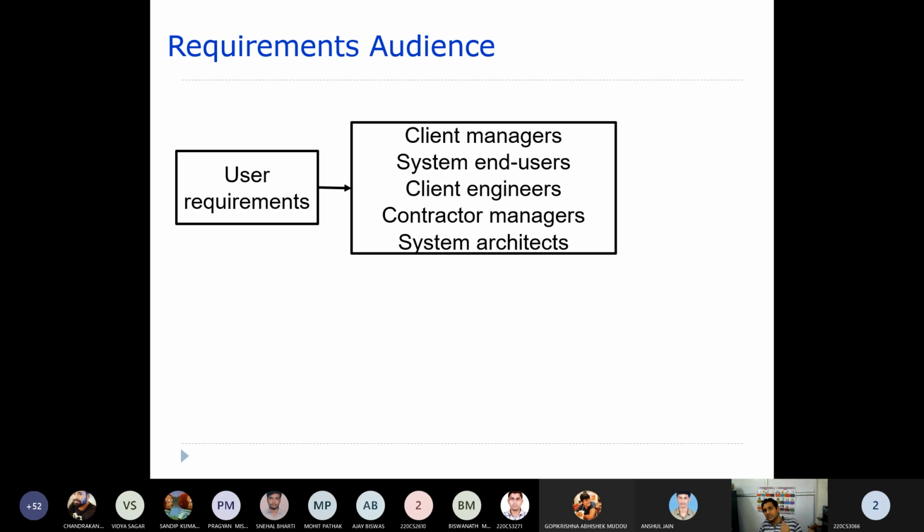Then system end users, because they are the ones who are going to use the software, and certain client engineers involved in this project from the client side, not from the development side, as well as contract managers and system architects. These are the various people who will be going through these requirement documents, the user requirements.